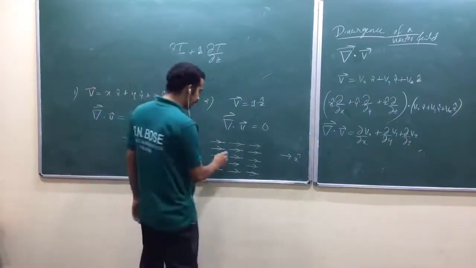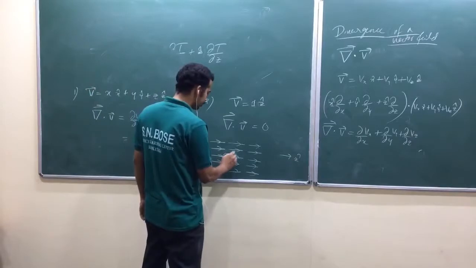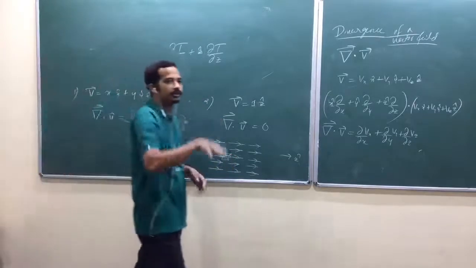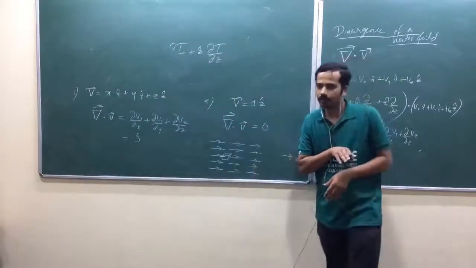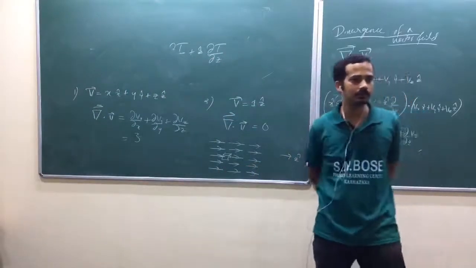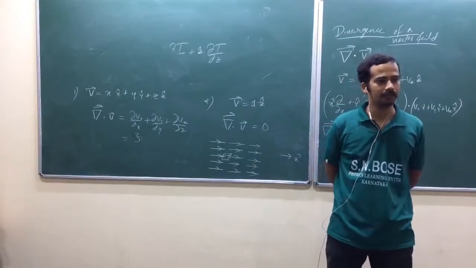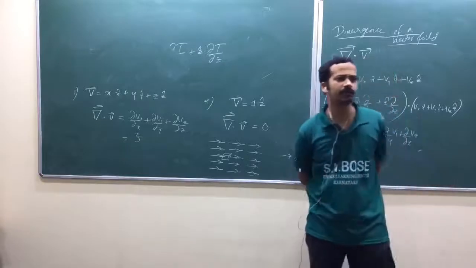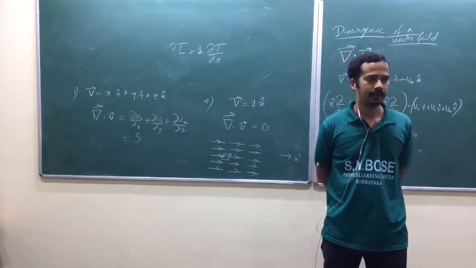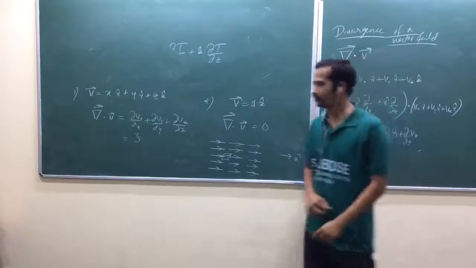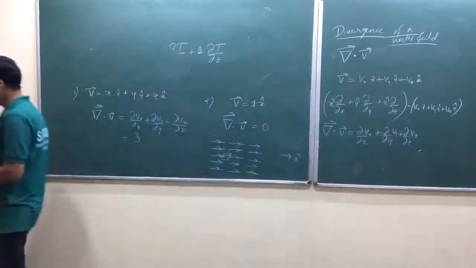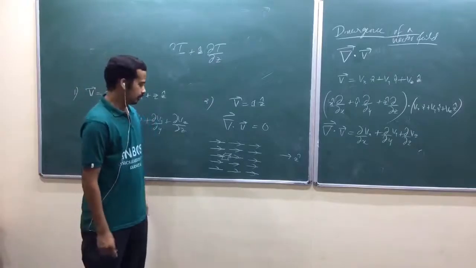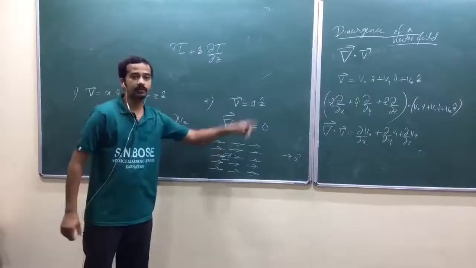Now take any volume, take any point and construct an infinitely small volume. The number of field lines going into that one is equal to the number of field lines going outward from it. Net outward flux is 0, or you can say net inward flux. There is no net flux at all. Is that okay? Let me define all of this later, because we need some more concepts from flux. So that's why the divergence is 0.